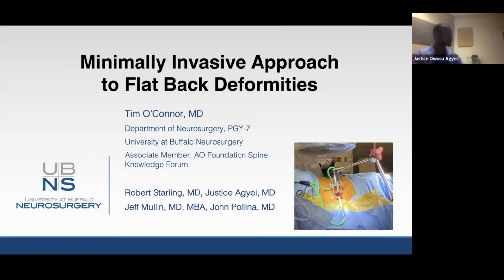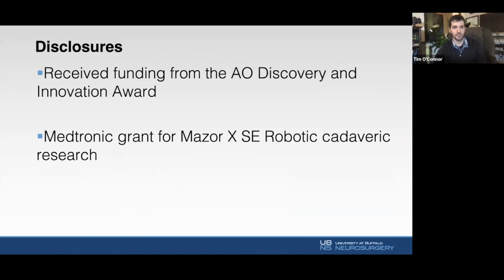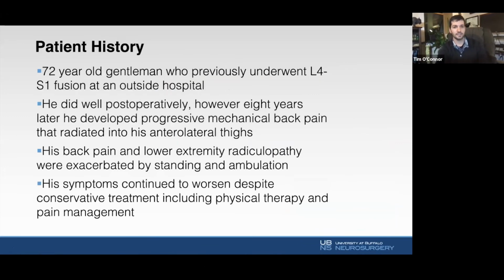Okay. Hi everyone, my name is Tim O'Connor, and I'll be going over another flatback deformity case, looking at it through the lens of another more minimally invasive approach to these cases. Here are my disclosures. And so this case starts out with a 72-year-old gentleman who previously underwent an L4 to